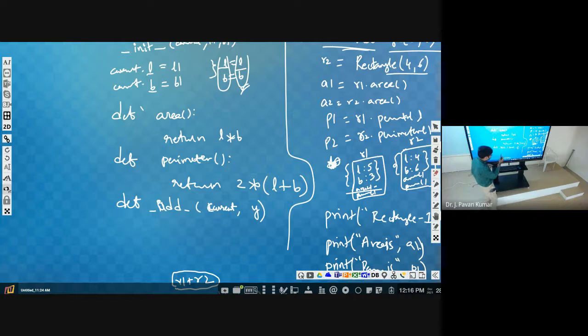So let us consider how we can do this. Return: we need to create an object of rectangle type, and that we have to return. How can we create it?